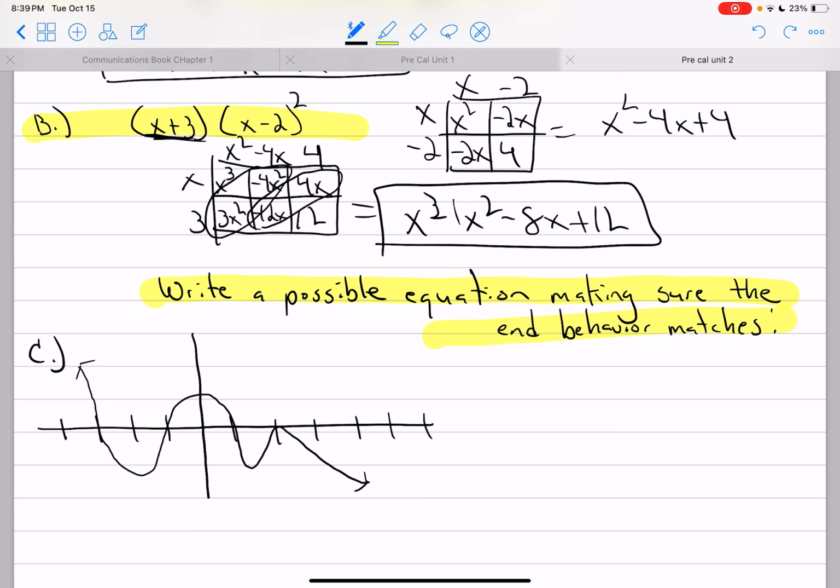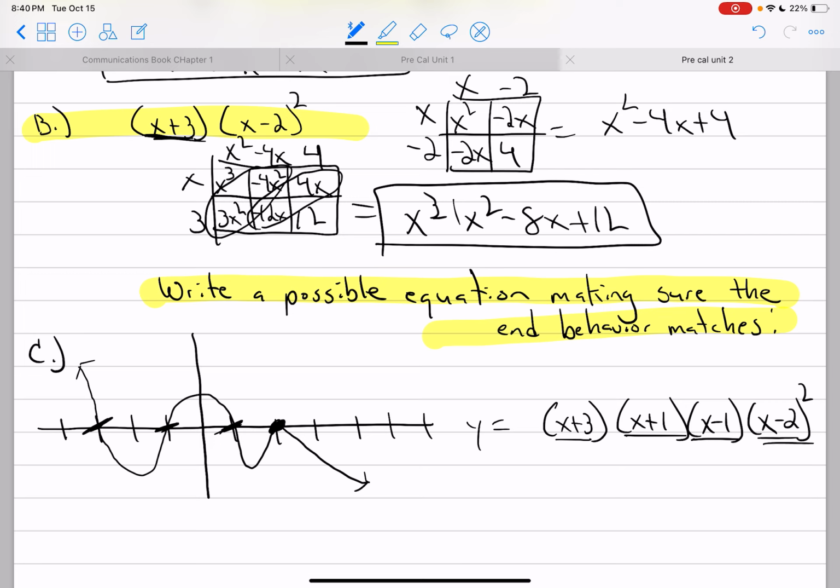So let's see. What do I have? I got a single root right here. So this is 1, 2, 3. So this is x plus 3. Single root right here. This is x plus 1. Single root right here. This is x minus 1. Double root right here. This is x minus 2 squared. Now, I see that this is 1, 2, 3, 4, 5 degrees. So this is a 5th degree,